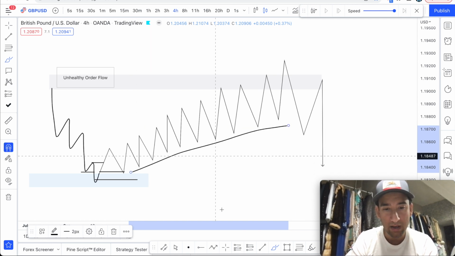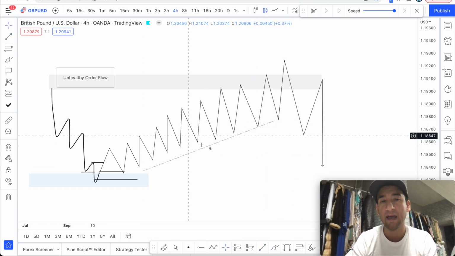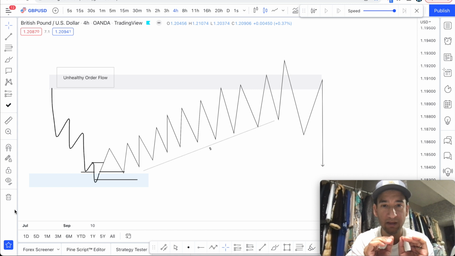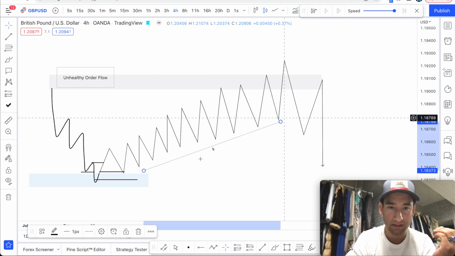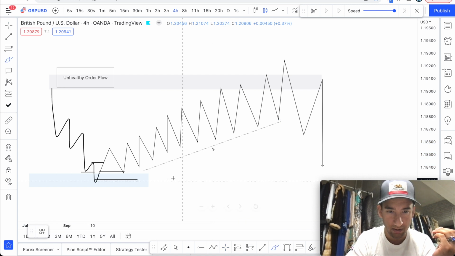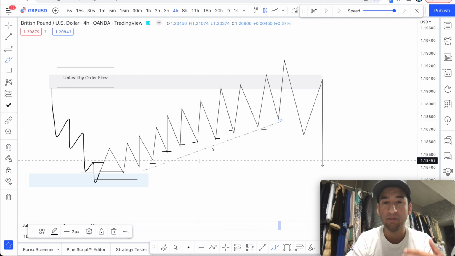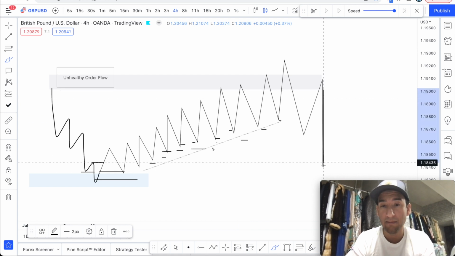Okay, so we know in the markets that all this is considered to be trend liquidity. And what you can specifically look at here and think to yourself is that when price is creating liquidity, price is generating liquidity in order for other traders, the buyers in this case, to be taken out, right? To take out all their stop losses from all these lows that you see here and here, here, here, everywhere that you see a low. Those are areas where buyers have bought, and those are the areas where people have put their stop losses right below. So the market's intention is to come against all this